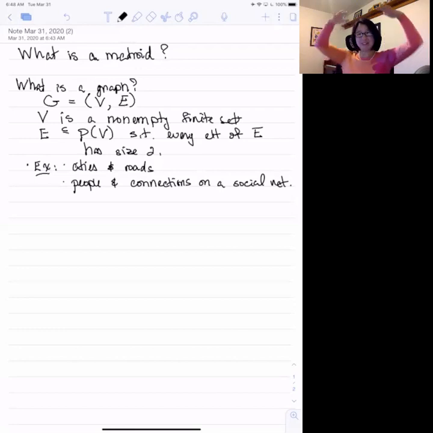So a graph is this very abstract thing. It's a set and a subset of its power set where those subsets have to satisfy some condition, and it's that they all have size 2. Okay, so similarly, what is a